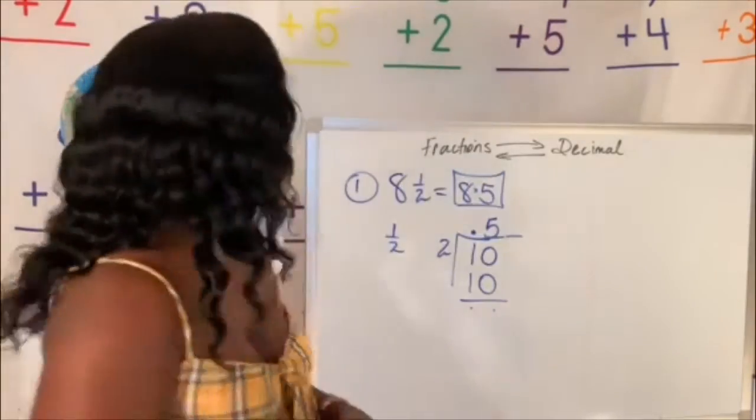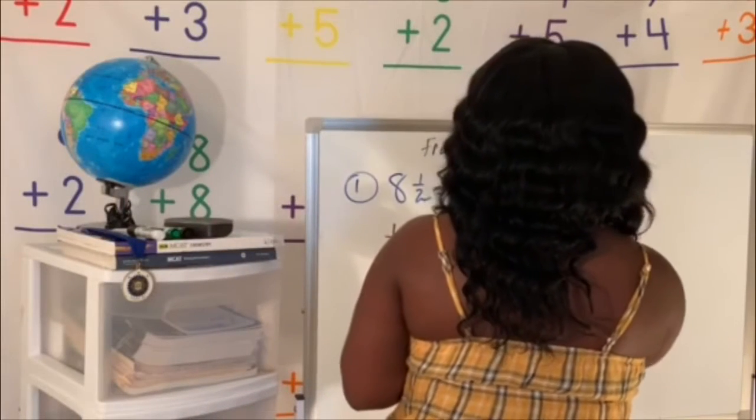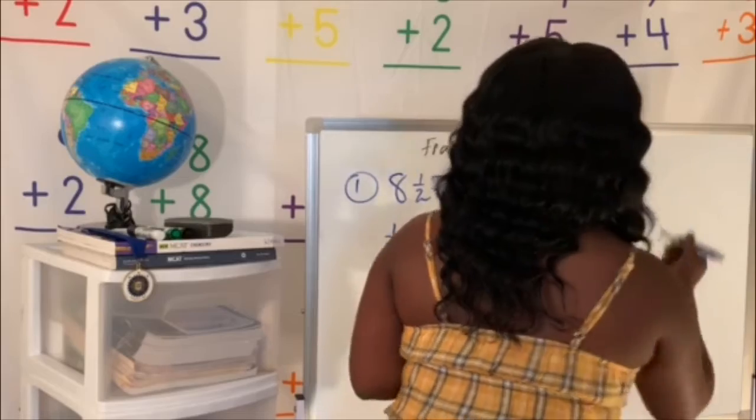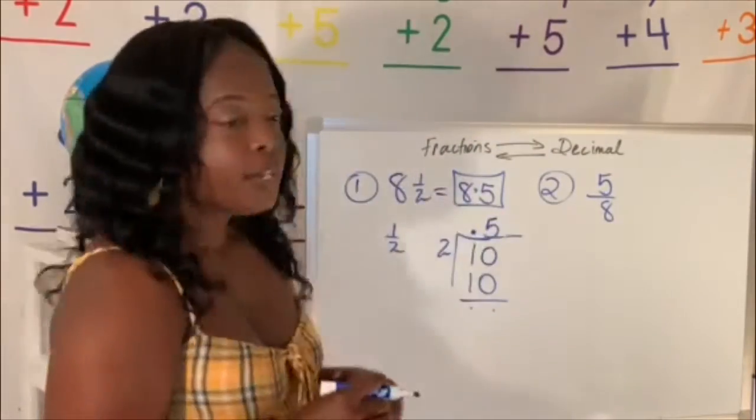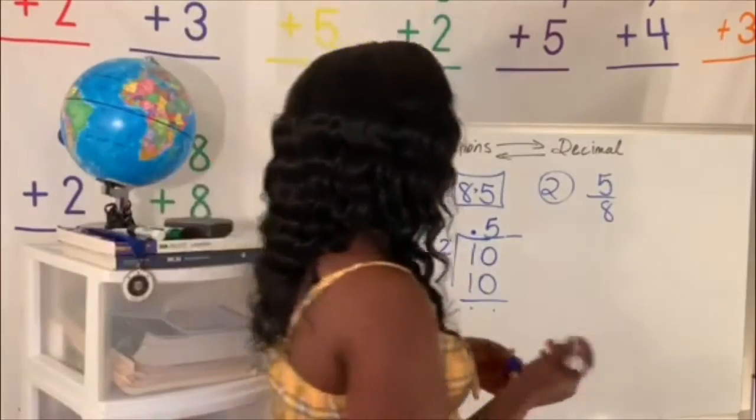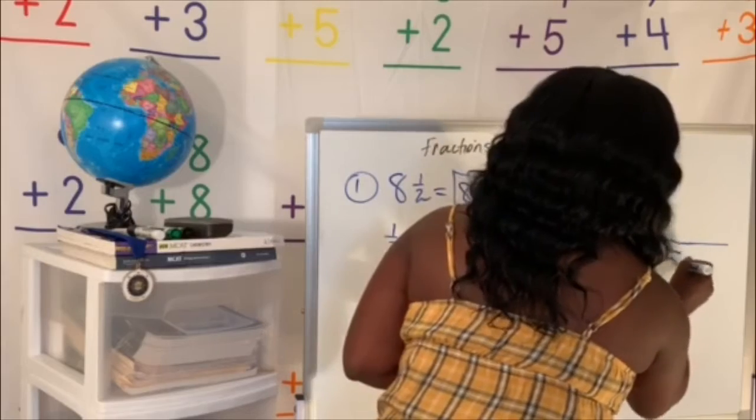Let's go ahead and do another example. Say for example we had, and that's our second example, 5 over 8, and we were trying to convert 5 over 8 to again a decimal. So we're still following the same procedure. We're trying to do long division again, so we're going to go ahead and do 5 divided by 8,